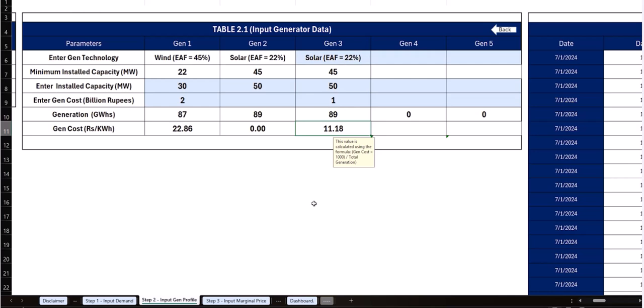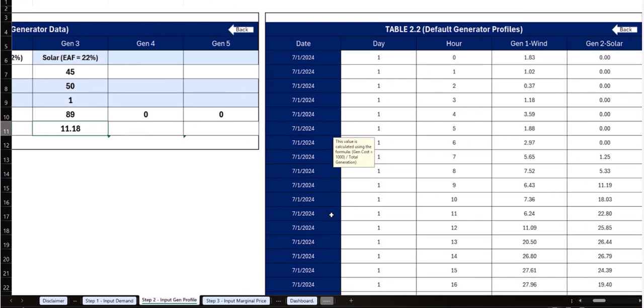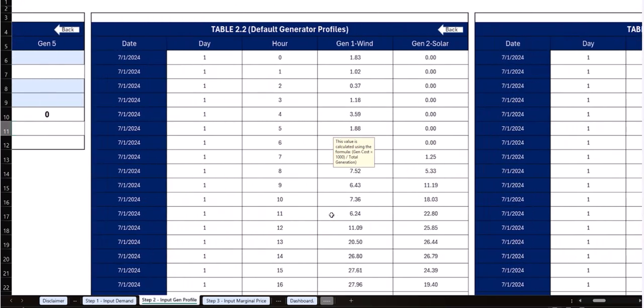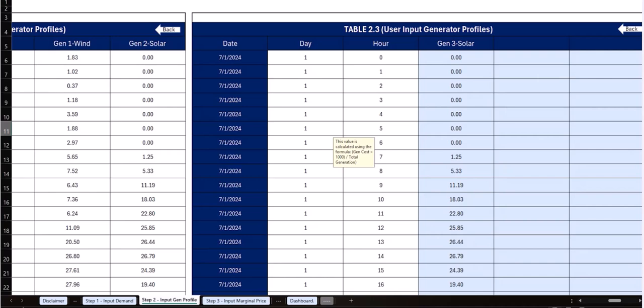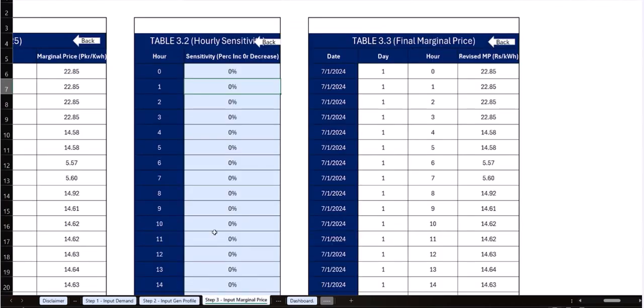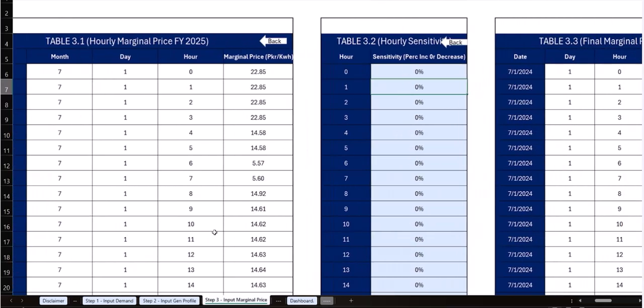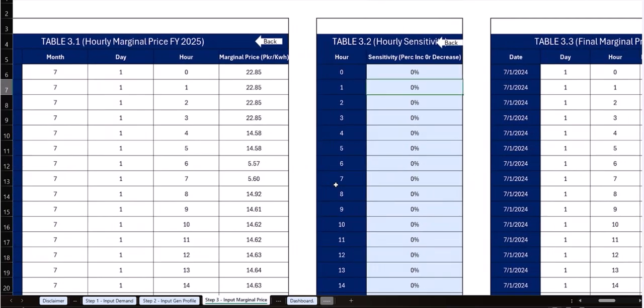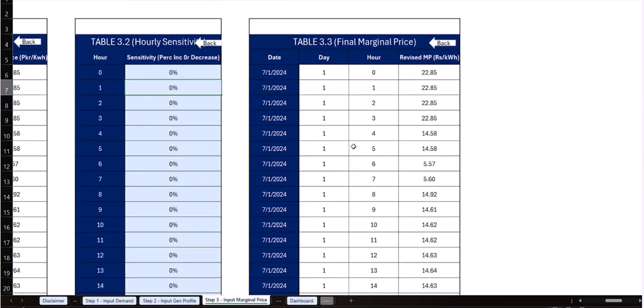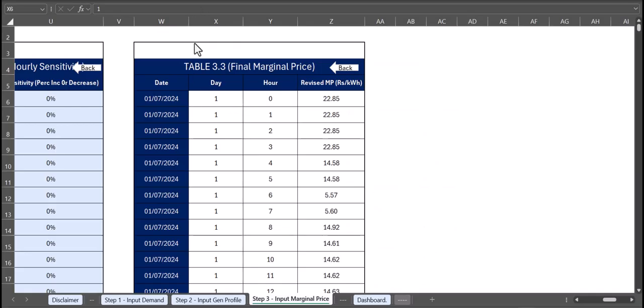Generator 3 to generator 5 are basically generators which will be added by the user, and the respective profiles are available in table 2.2 and in table 2.3. In step 3, we have seen that we have the actual marginal price data of fiscal year 2025. We can do the sensitivity through table 3.2, and then the revised table or final table is available in 3.3 for the final marginal price. So with table 3.3, we have concluded the input side of the model, and now let's move on towards the